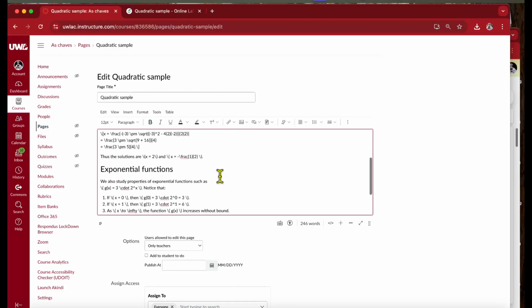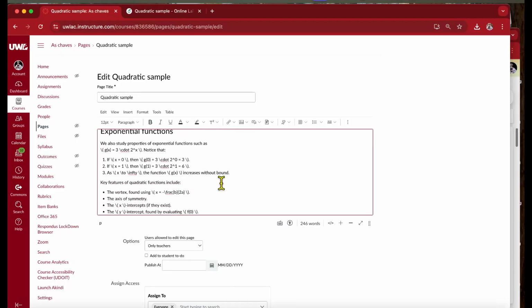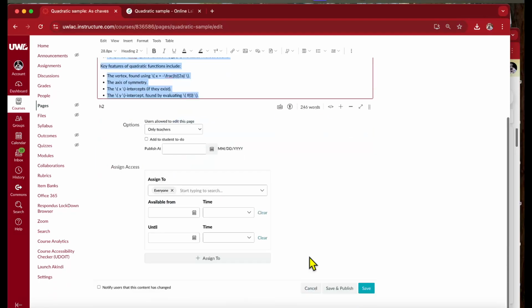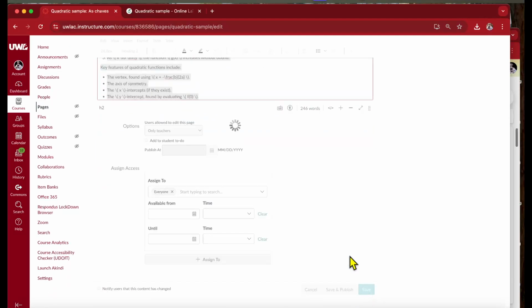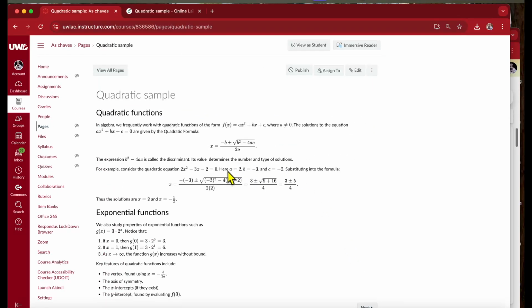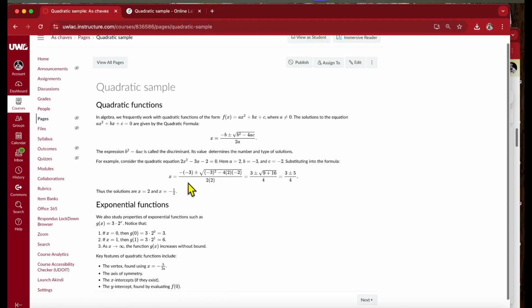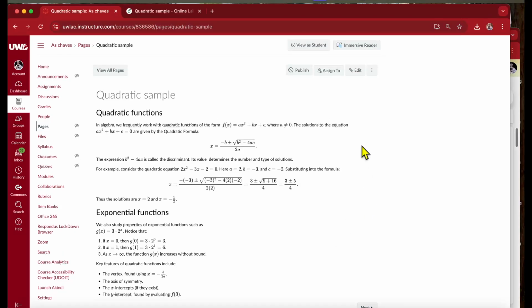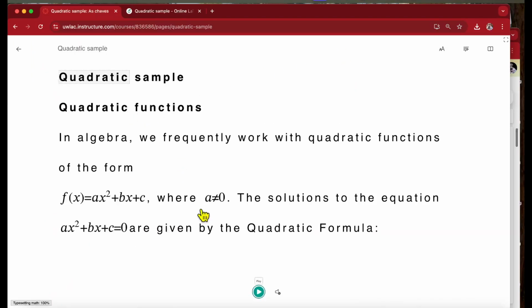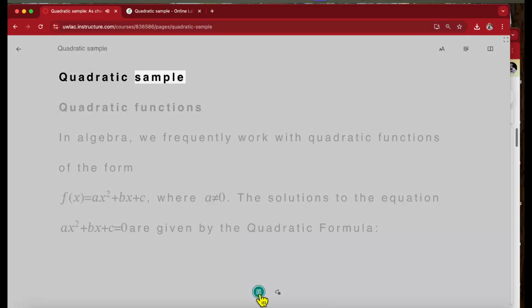Okay. In any case, what I'll do is I'll select all this text and then copy this into my clipboard, save this one last time and just point out that this is actually truly accessible. So just to illustrate a thing that is actually happening that is accessible here, if I click on the immersive reader, it's going to pull up a large font version of this, but then if I hit play,